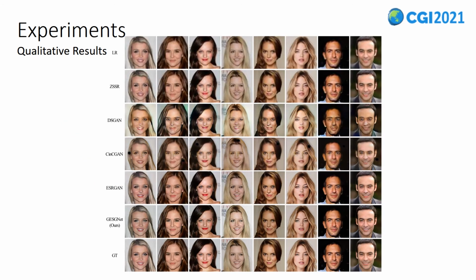For experiments, we conduct comparison experiments with several state-of-the-art methods. We compare our method with unsupervised super-resolution methods, zero-shot super-resolution, DS-GAN, and cycle-in-cycle GAN, as well as a supervised super-resolution method, ESR-GAN. We can see from this figure, our method can reconstruct photorealistic high-resolution images, approximating to the ground truth